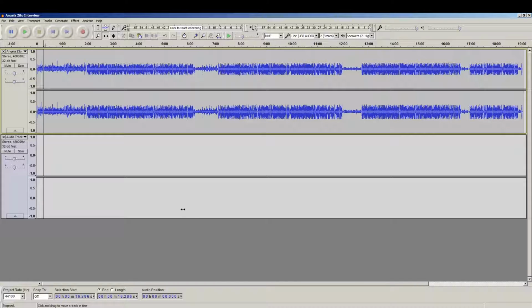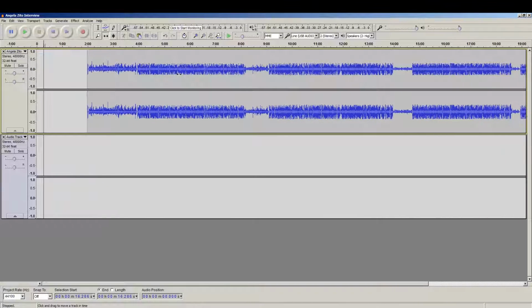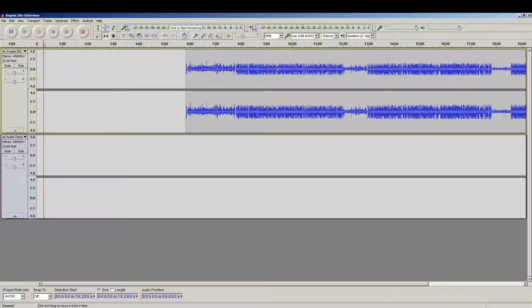How do you move stuff about in Audacity? Well, there are a number of different options depending on exactly what you need to do. Most of them involve, in varying degrees, the two tools here, which are the selection tool and the time shift tool. Now, if you click on the time shift tool, which I just have, then click on the area of audio you want to move, then you can move it backwards and forwards in time, to the right, forwards, and